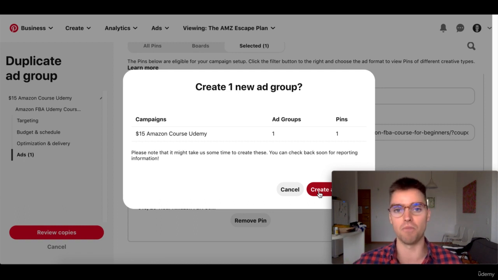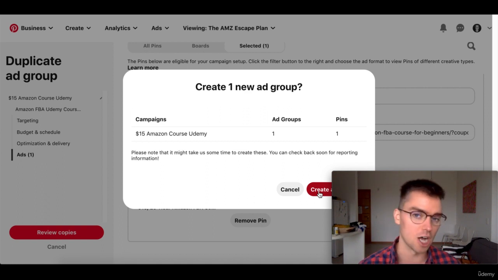And as you spend more budget and as time goes on, you'll see which ad group actually performs better. One might get significantly more clicks, more results, maybe a lower cost per click, or whatever it might be over time, and you'll start to see that as time goes on, but it will take some time and some budget to be spent, but very